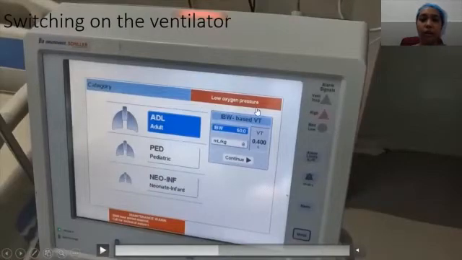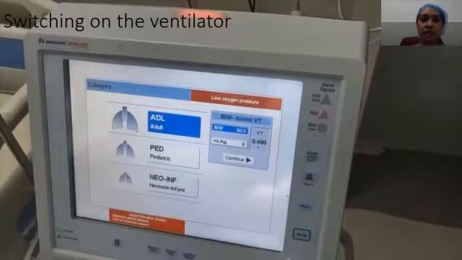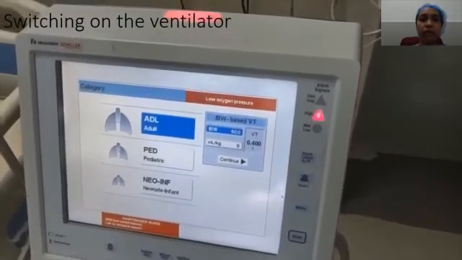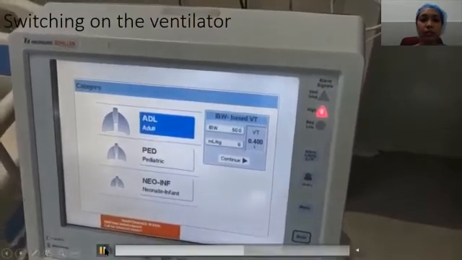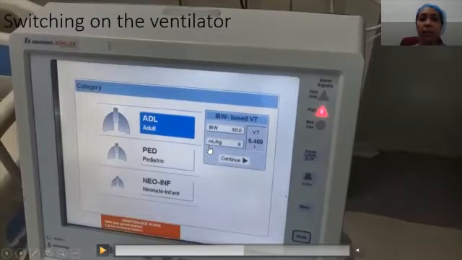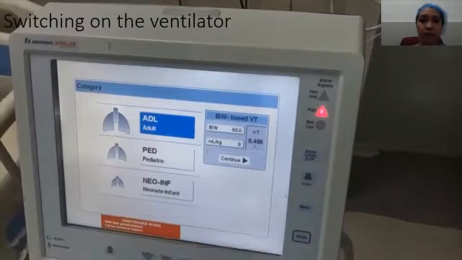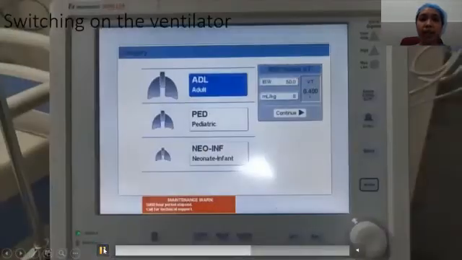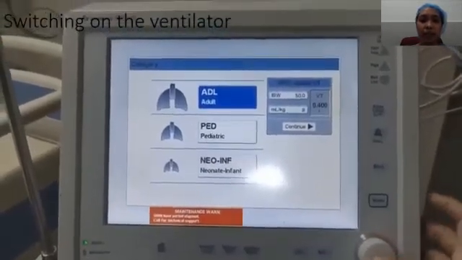Here you can see there is a low oxygen alarm. It is because the oxygen is not yet connected. Once the oxygen is connected, this alarm automatically disappears. We need to set the body weight of the patient, and then we need to set the ml per kg, that is the tidal volume we decide for this patient, either 6 or 8. Even if we do not actually change these settings, we need to simply press the continue button and we move on to the next part, that is the calibration of this ventilator.